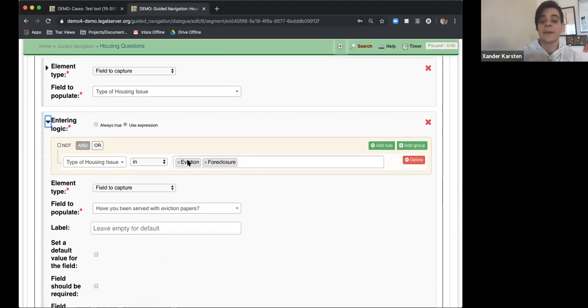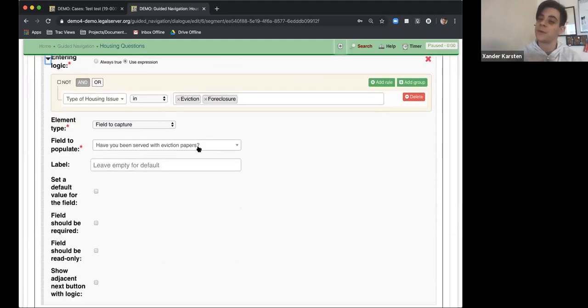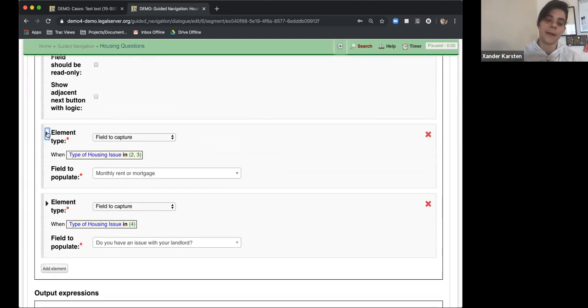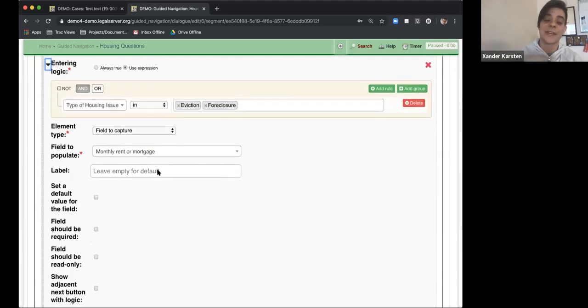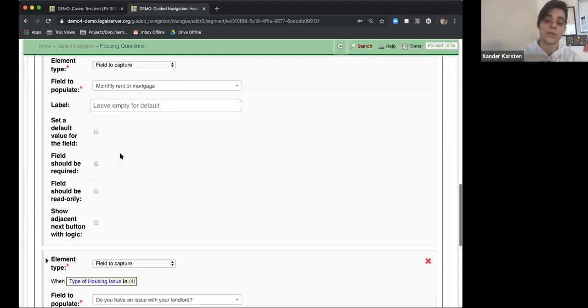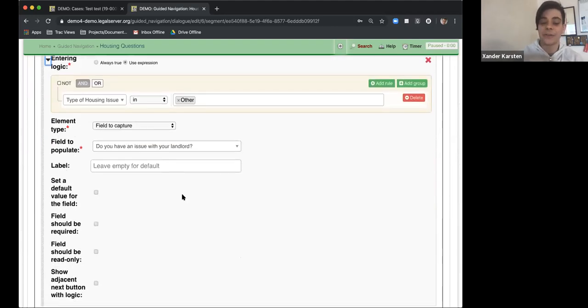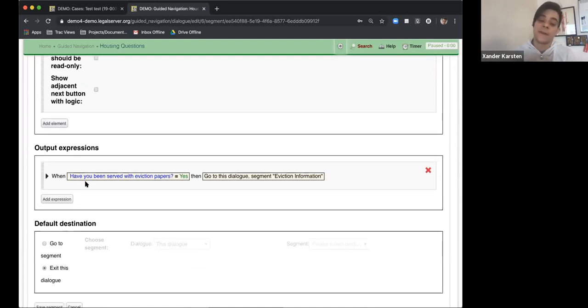If people are selecting evictions or foreclosures, it's going to ask, have you been served with eviction papers? Again, if somebody responds evictions or foreclosures, it's going to ask for the monthly rent or mortgage. If somebody says other, it's going to ask, do you have issues with your landlord? And then we have this output expression. If you've been served with eviction papers and that equals yes,